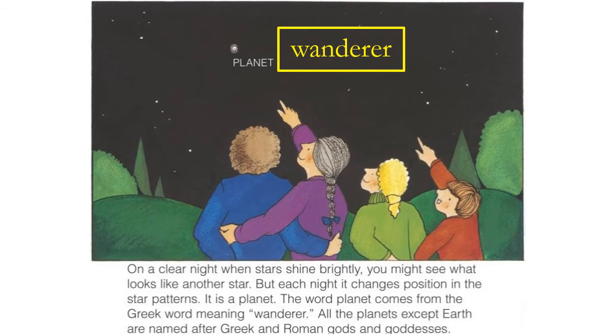On a clear night, when stars shine brightly, you might see what looks like another star. Okay, no problem so far. But each night it changes position in the star patterns. Oh, star patterns. She's talking about like the constellations, like the Big Dipper and Ursa Major and Orion. Okay, it is a planet. The word comes from the Greek word meaning, hmm,